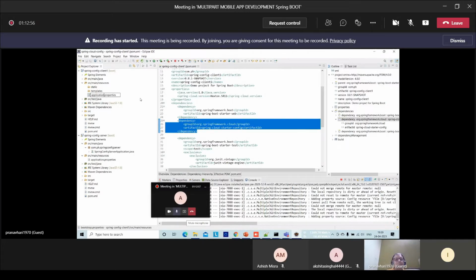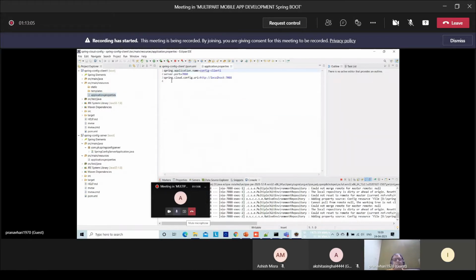Application. Okay. The name of this properties file is always applications.properties. And in this applications.properties, we need to specify the name and port. And this is the main thing, the third line: spring.cloud.config.uri. Here you have to specify the address of the config server.